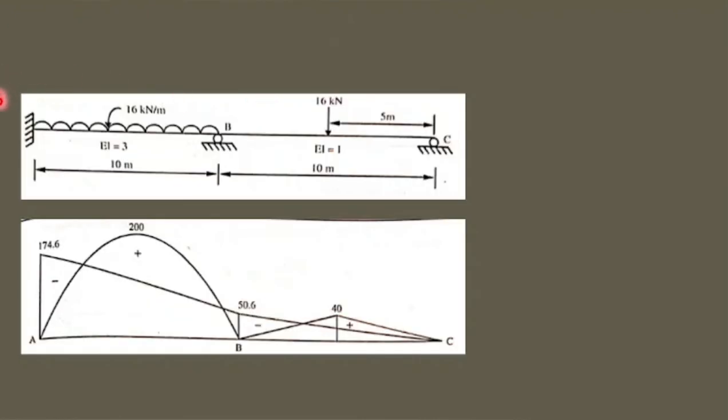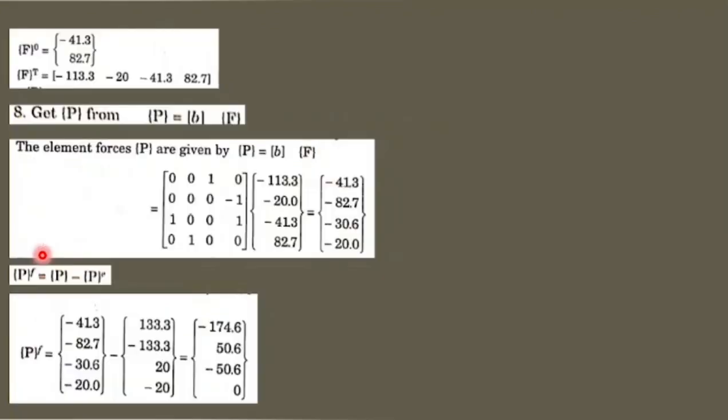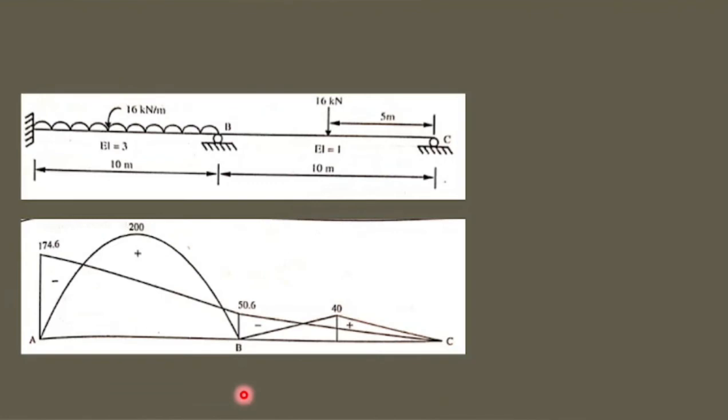Now you had a UDL and a point load. 2 roller supports are given to you. Currently you have found out the bending moment as 174, which is the last value you got here. So this value represents the support A, and these 2 values are support B, and the final value is support C. The value is 174, minus 50 and plus 50. You can take one value and this is 0.